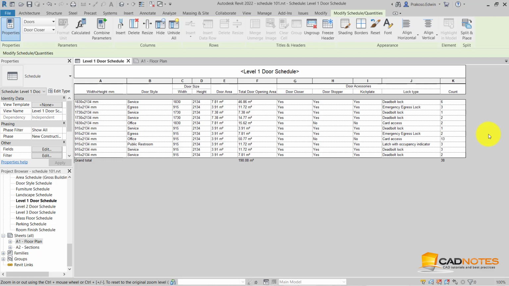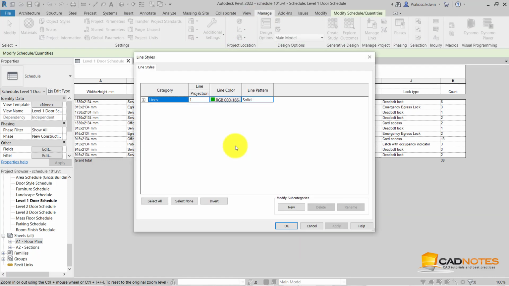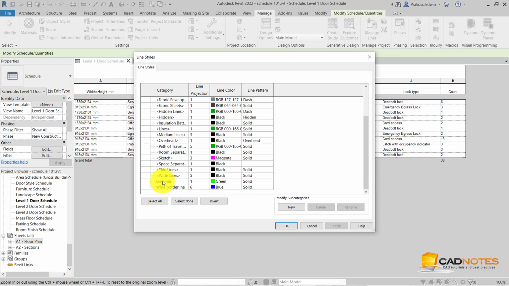Okay, we can also change the grid lines and the borderline by changing the lines to another line style. I already created two line styles. Here I'm going to use the grid line green and the borderline blue, just to let you know which setting affects which lines.